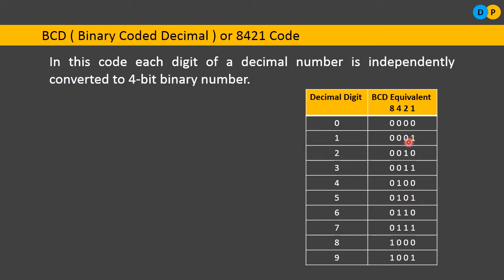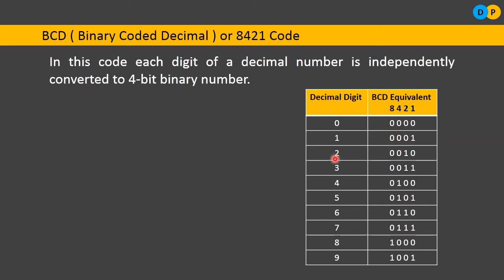Okay, 1. So rest 0, 0, 0, 0. So what is equivalent? 0, 0, 0, 1. Okay, so please notice here. In order to convert decimal 1 to binary equivalent, in the place of 1 I am considering 1 bit. In the place of 2, 4 and 8 I am considering the bit value 0.